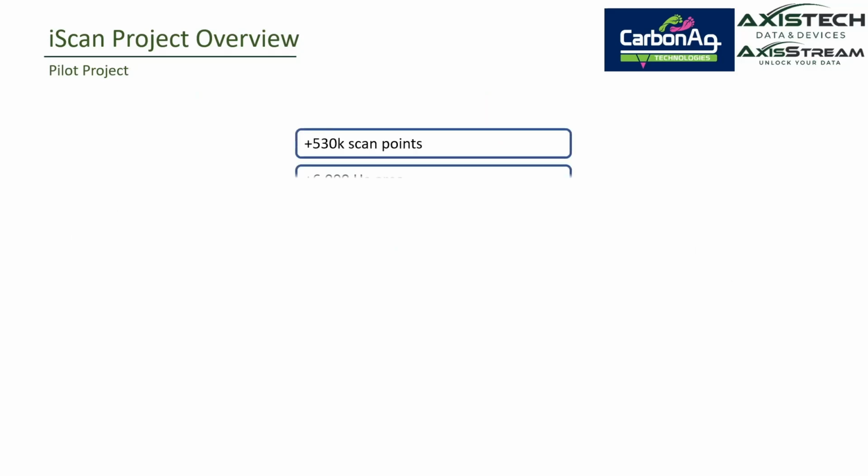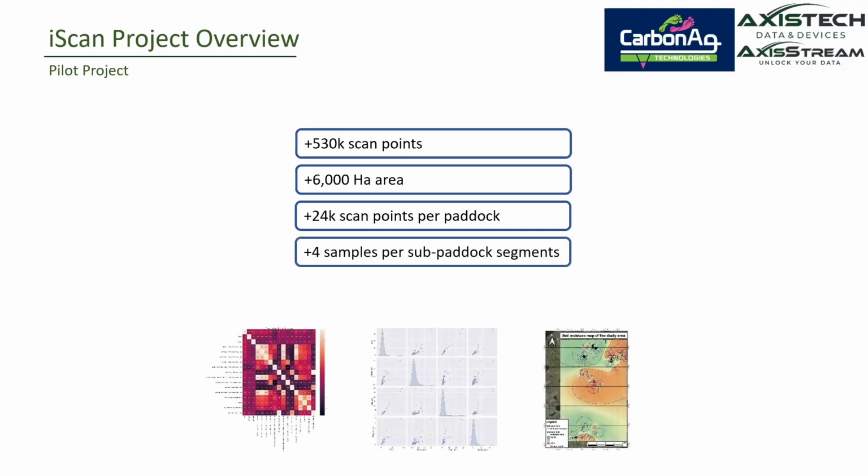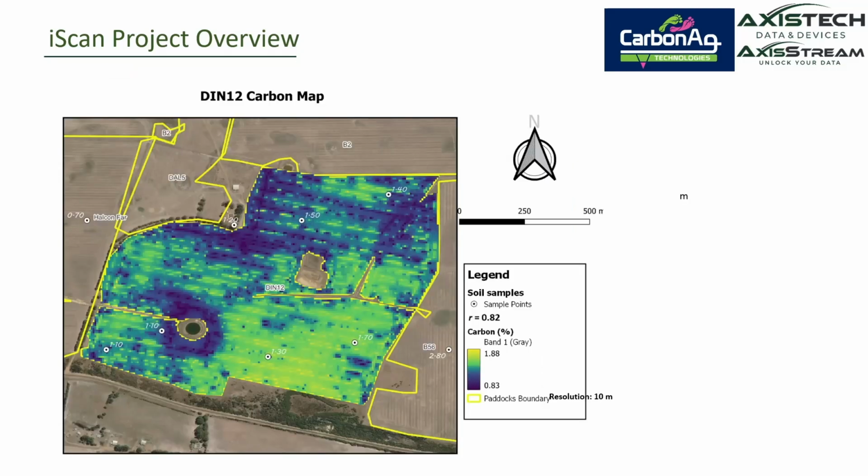One of the key pilot projects we undertook in the 2022 season was across 6,000 hectares. We generated more than 500,000 data points, and that translated to more than 24,000 data points per paddock, a really significant amount of data. The outputs in terms of mapping provide this high resolution, high